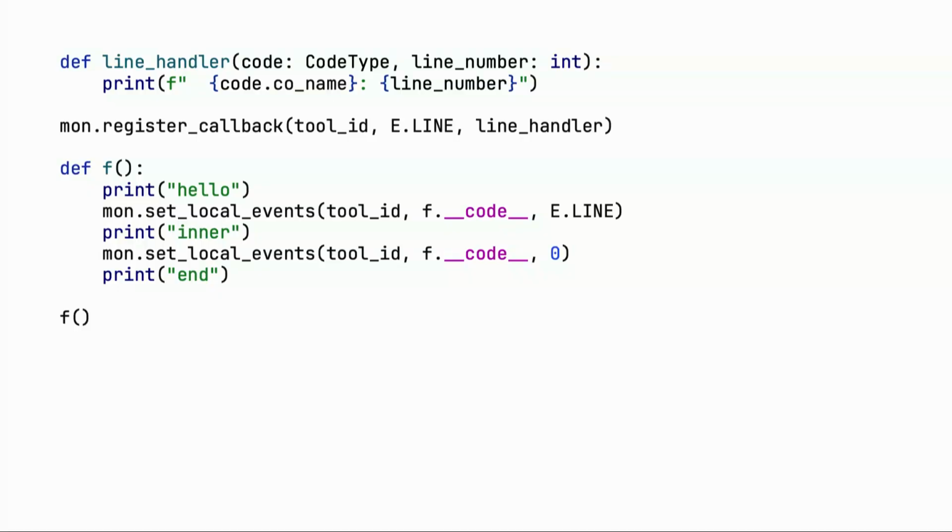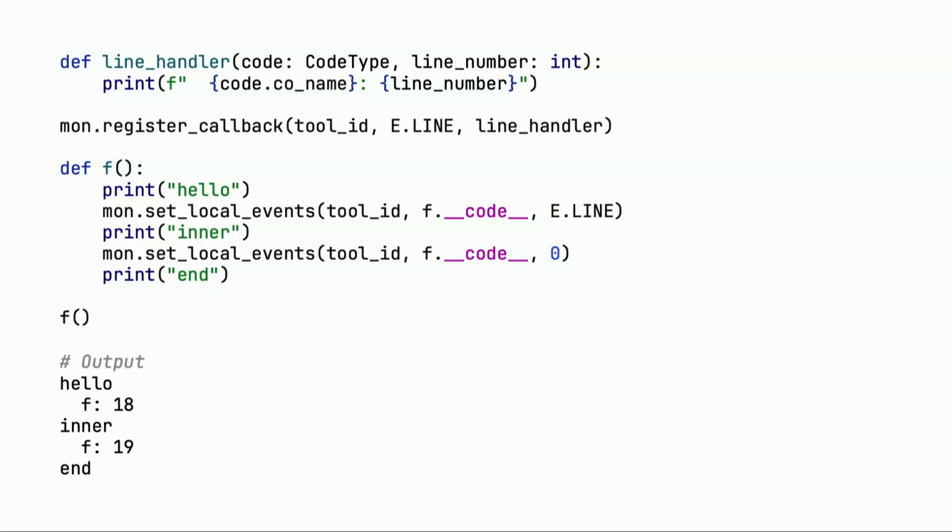So consider this short example. We have our line handler registered, and now we have a function f. It's called, and then we print hello, and then we enable the line events for the method we're in. Then we print inner, and then we disable the line events. And so the output is exactly for the lines that we would expect, for the two lines the line handler is called and prints something.